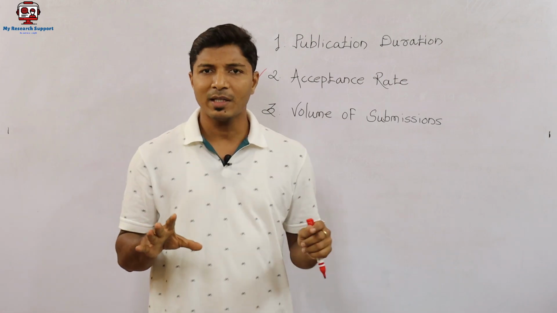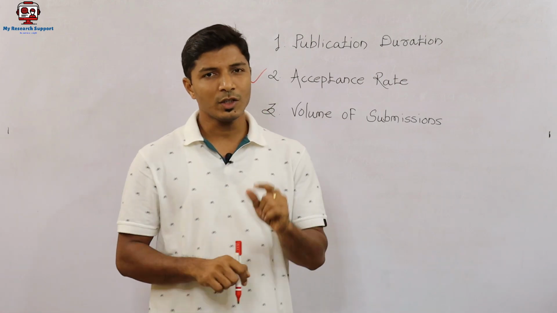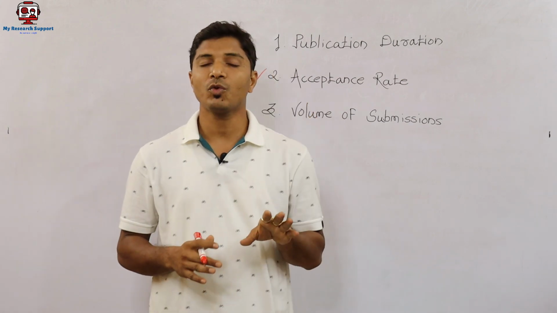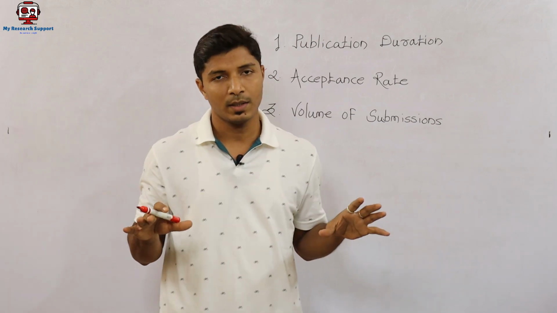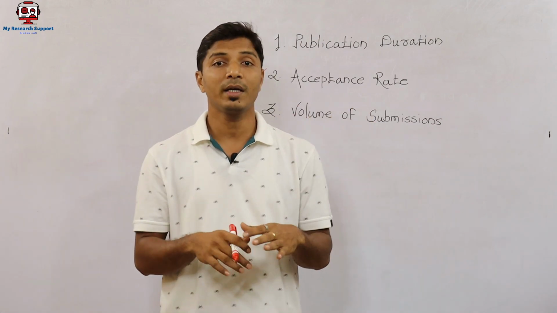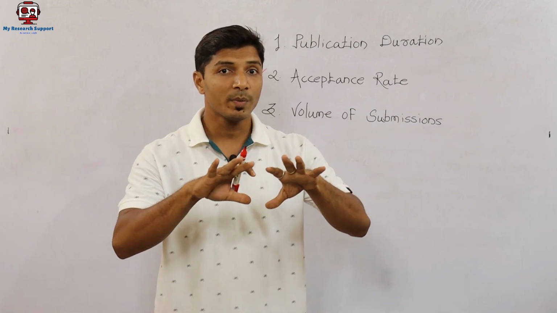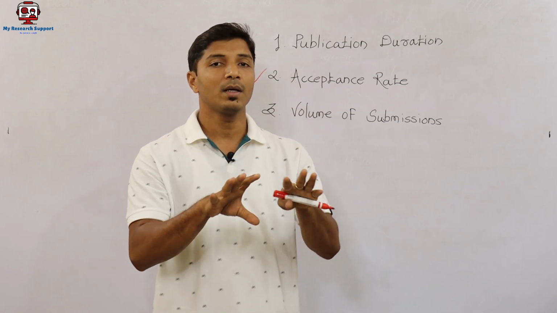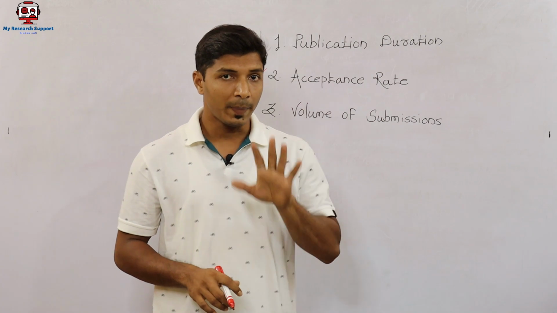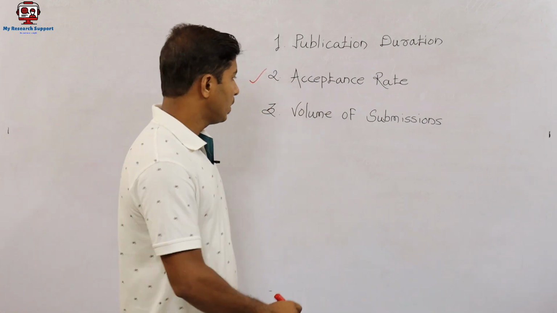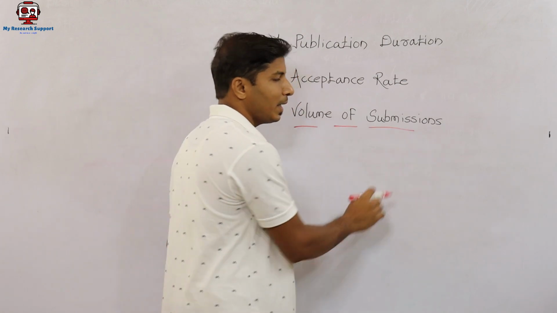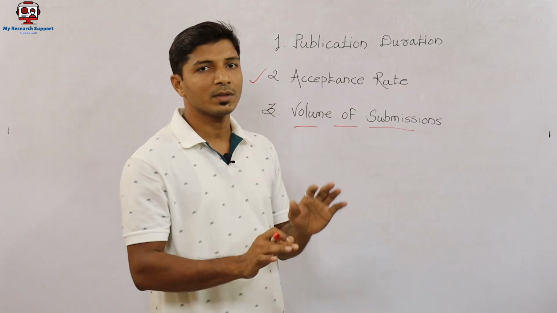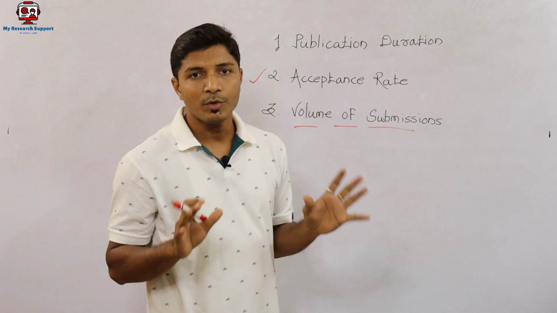So there are many parameters that you can consider under these metrics. One important parameter is the number of citations of the journal. The journal has to maintain a specific number of citations. For the number of citations of the journal to increase, the number of citations of research articles must increase, which means the journal should publish a specific number of research articles every year. But if we talk about the new journal, the volume of submissions is comparatively low, and this is the advantage where you will be able to publish your research articles in comparatively minimum duration.